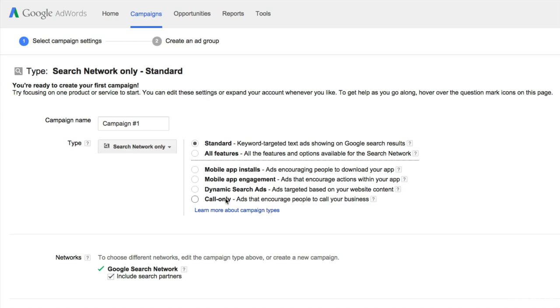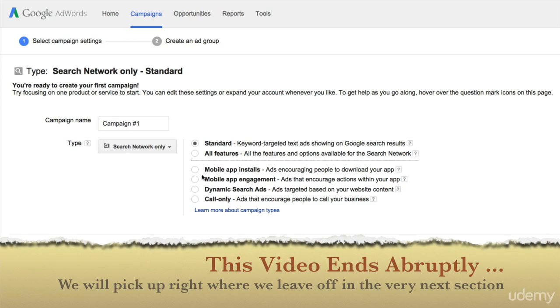Call-only campaigns are an interesting type of campaign. The headline of the ad is the business phone number, and clicking the phone number on a mobile device will open up a click-to-call dialog on your iPhone, on your Android phone, whatever smartphone you're using. So if you have a business, this is very effective oftentimes for plumbers, for local service industries, people who need you quickly, locksmiths and the like. Call-only campaigns could be very effective, but we're going to talk about a traditional campaign, one that is fully featured. So I want to click on All Features. All Features allows me to have access to a whole gamut of